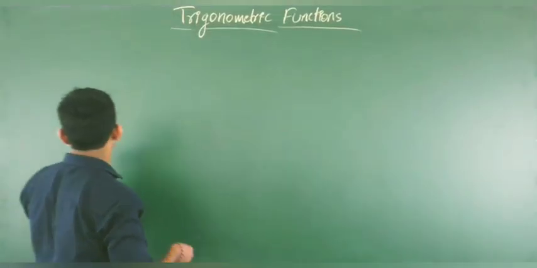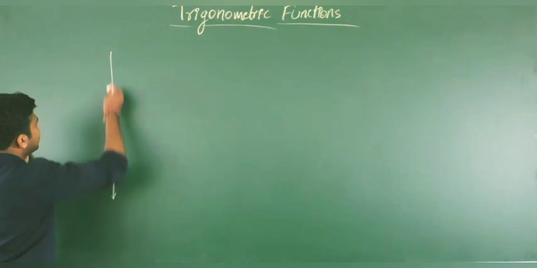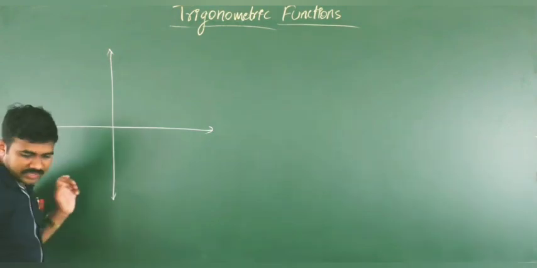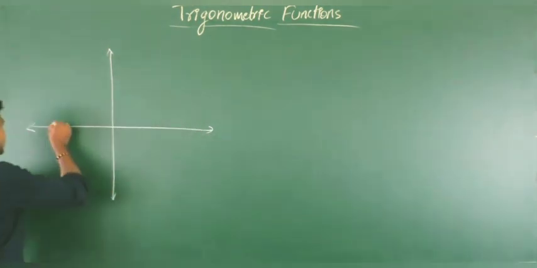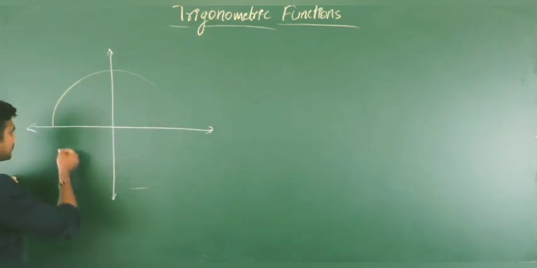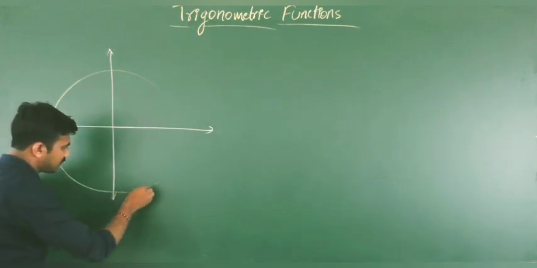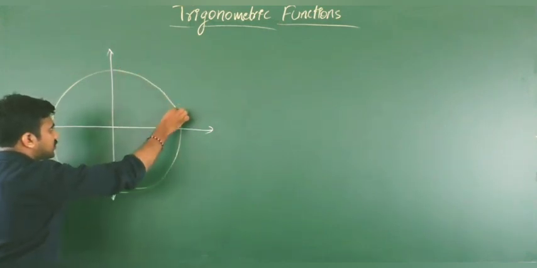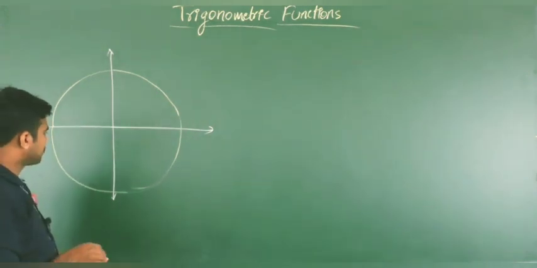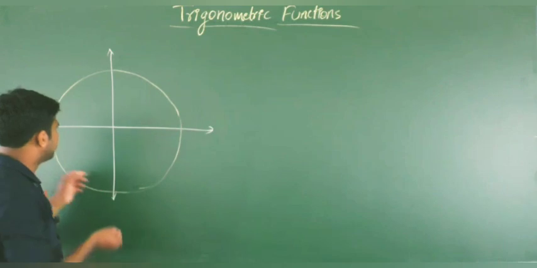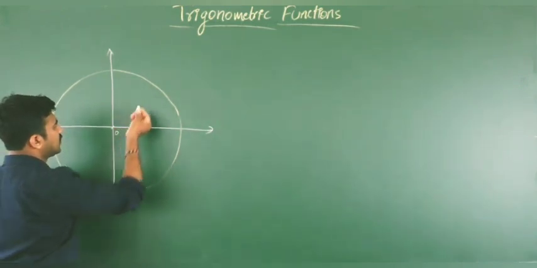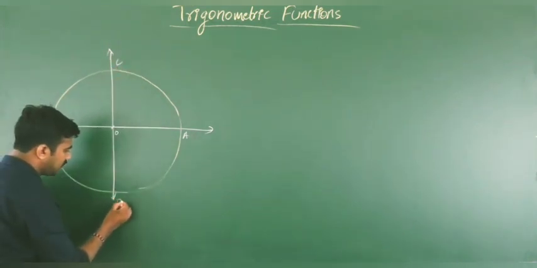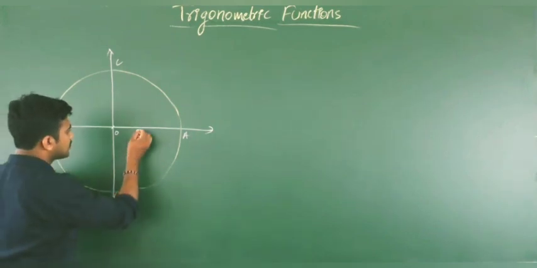Okay, now I will consider a unit circle in a plane. Okay, see, this is a plane. In that I'll consider a unit circle such that the center is at the origin. Like this is a circle with the center at the origin. Same as the previous figure, we can observe here a circle with the center at the origin, and this is the center. Here the points are A, B, C, D. The radius of this circle is 1 unit, since it is a unit circle.